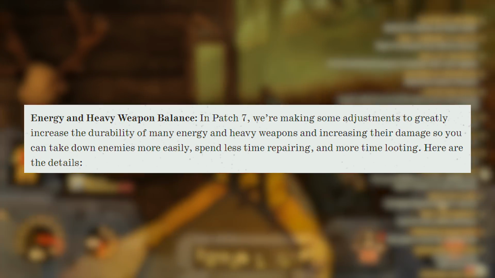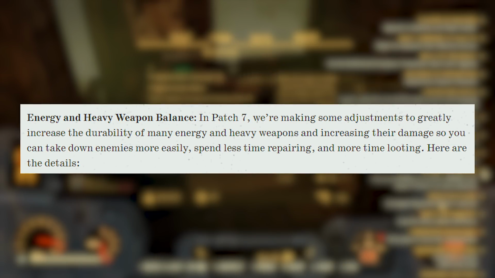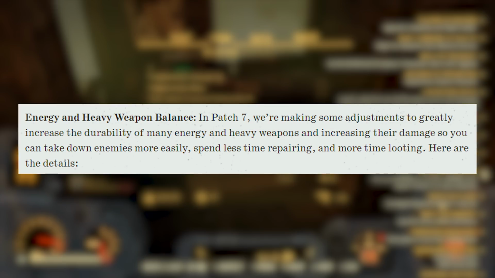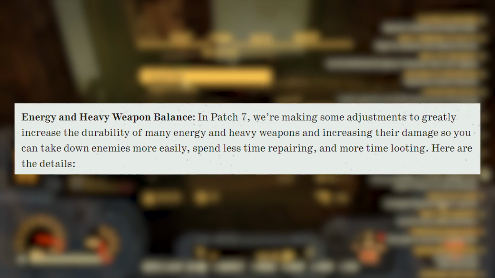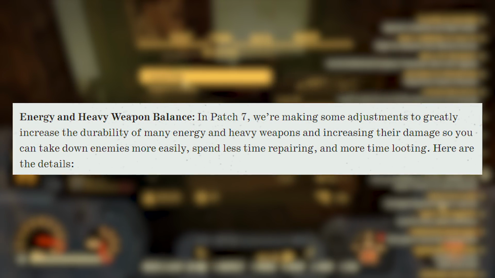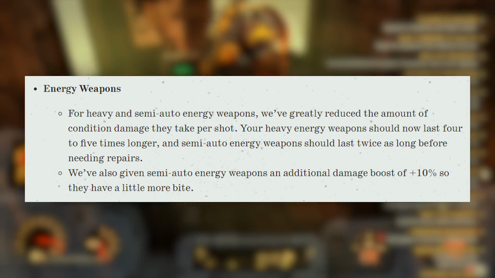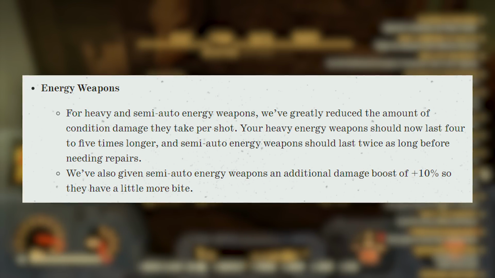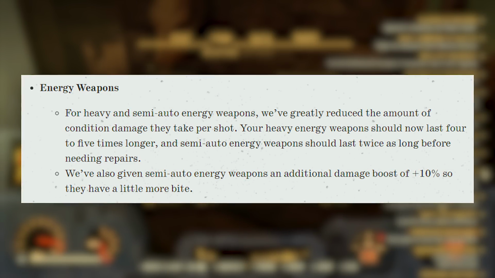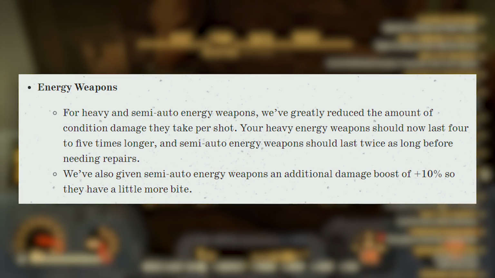In patch 7, we're making some adjustments to greatly increase the durability of many energy and heavy weapons and increase their damage so you can take down enemies more easily, spend less time repairing, and more time looting. Here are the details. Starting with energy weapons. For heavy and semi-auto energy weapons, we've greatly reduced the amount of condition damage they take per shot. Your heavy energy weapon should now last 4 to 5 times longer, and semi-auto energy weapons should last twice as